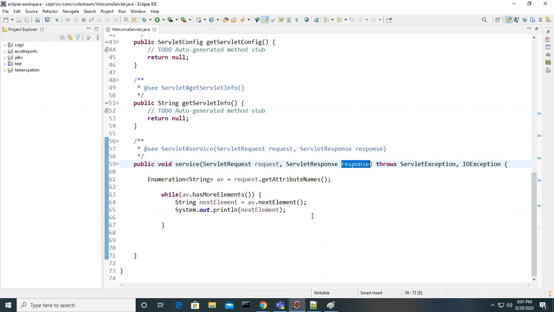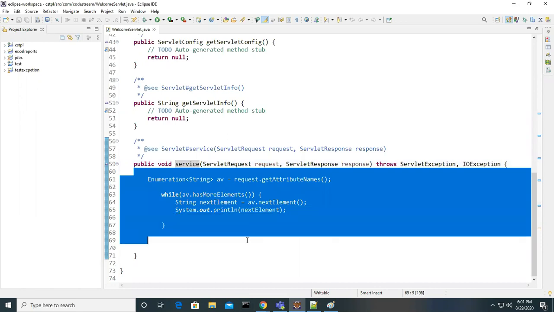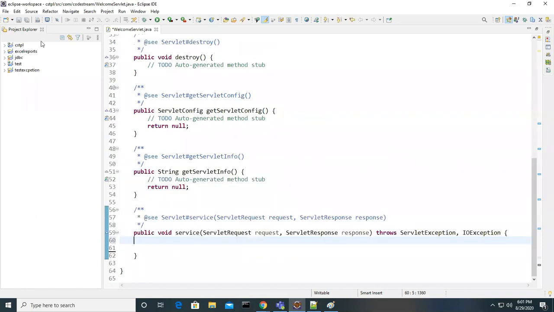That is the reason: before calling the service method, it has to create them. Once the request and response objects are created, it passes them to the service method and calls it.